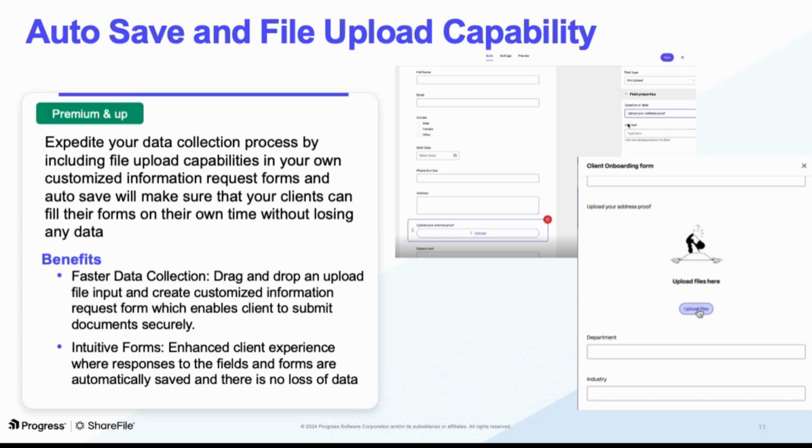Basically, these features will help you expedite your data collection process. We understand that data collection is sometimes tedious for you as well as for your clients, that you need to follow up, maybe send more and more requests for files. The information request is basically your own customizable form, a data collection form, which you can assign to your